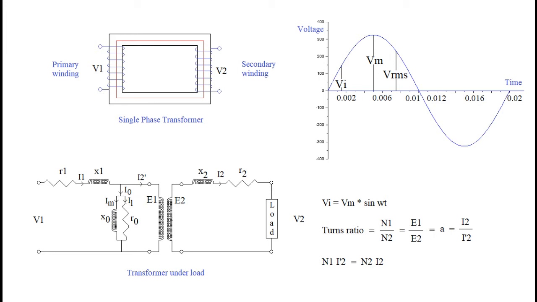This disturbs the balance between E1 and minus E1, that is, the voltage that remains after deducting the primary impedance drop. Due to this unbalance, extra current is drawn from the primary side. This extra current is represented by I2 dash. So the relation between I2 and I2 dash is exactly the turns ratio A. Ampere turns applied by this extra current are nullified with the load current ampere turns, since these are equal and opposite. The result of this nullification is that the ampere turns acting on the magnetic circuit remain as before, that is N1 I0.